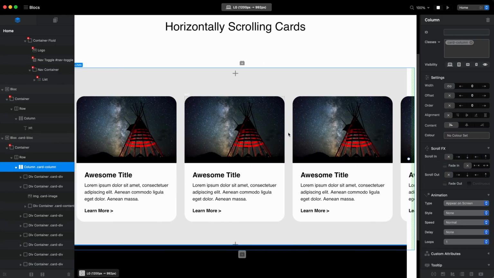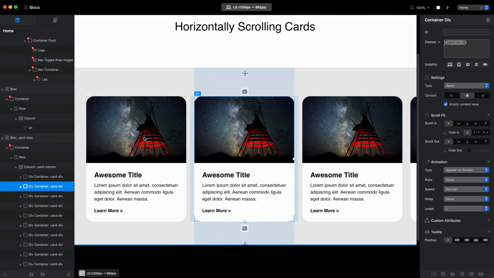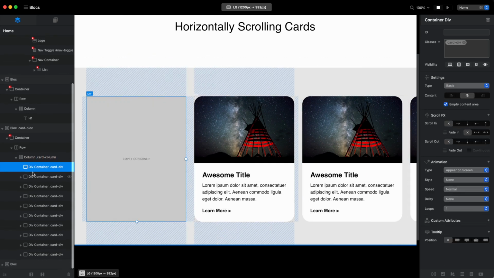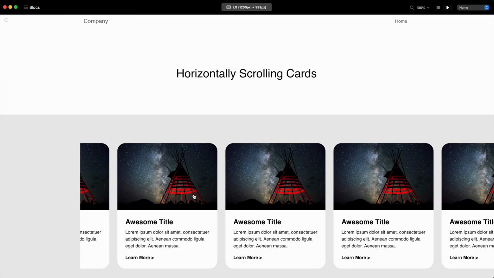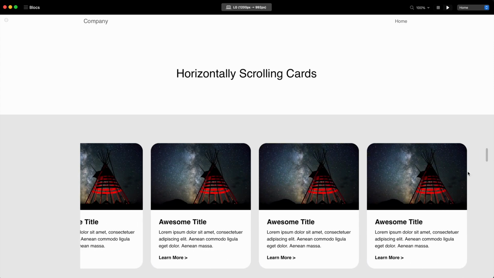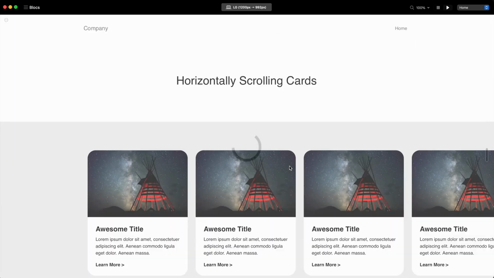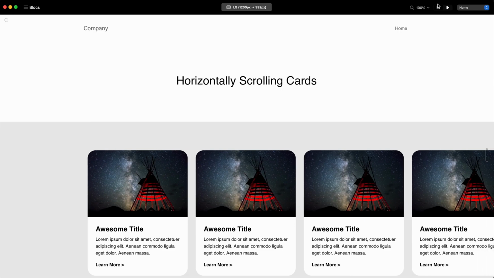To fix this is actually pretty easy. We can just select one of the columns, get rid of the content, and move this to the last place in our column. This way, when we scroll to the end of this scrolling card, you can see that we have space there. Of course, you can adjust it. You can make it much bigger. You can have a few of these empty cards there, and it will allow you to scroll pretty much anywhere you want. And same goes for